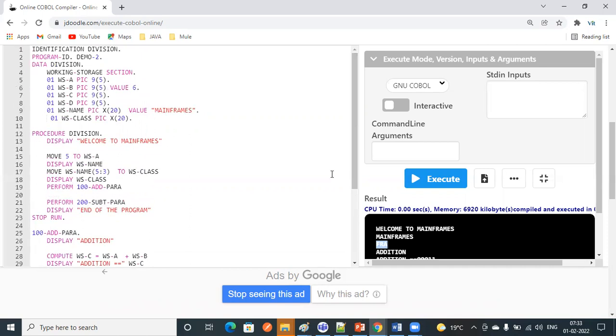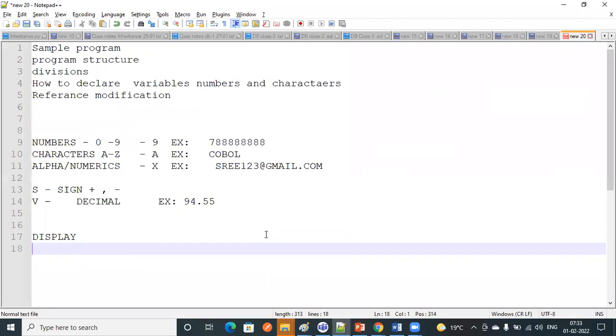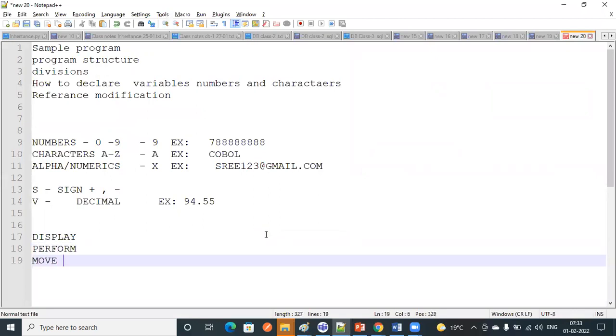And this is about the basics, guys. These are the basic concepts. Here we have some keywords like display, whatever we have seen so far, perform, move.